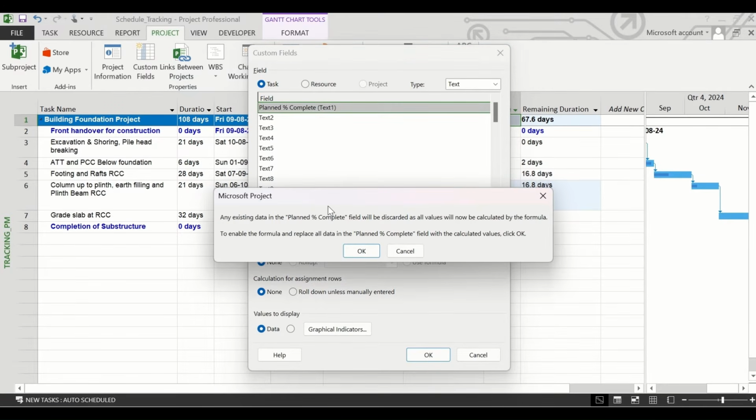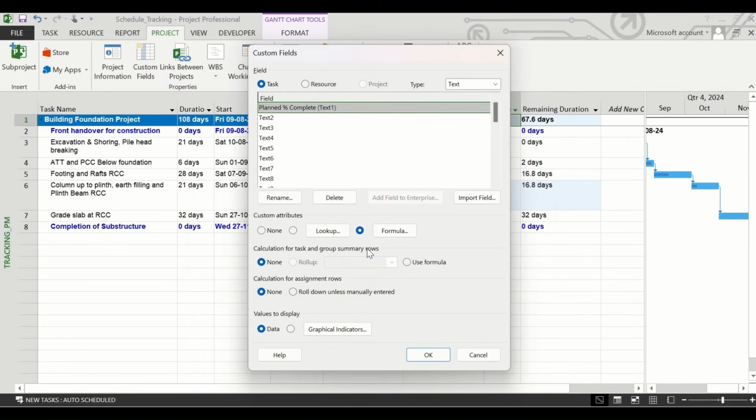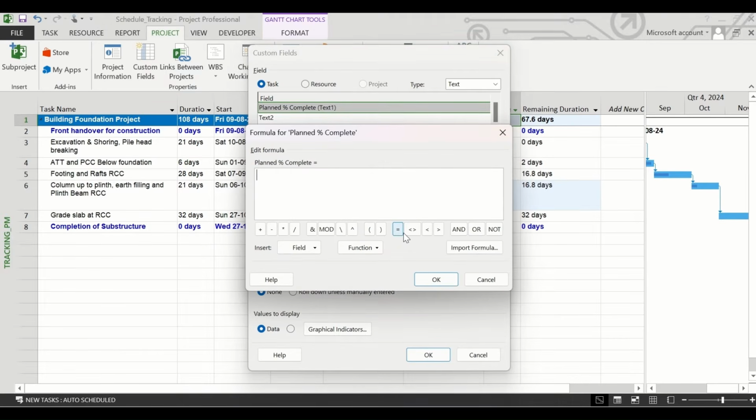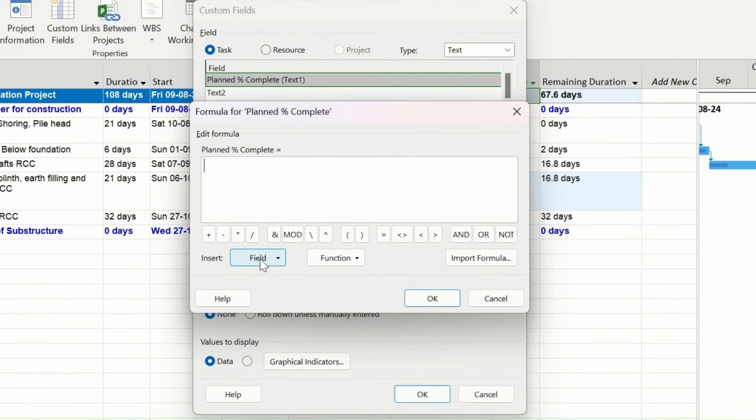MS Project will prompt you that any existing data in the planned percentage complete field will be discarded as all values will now be calculated by the formula. That's what we want, so we will click on OK and click on the formula button. Here we have to provide one if logic that is quite similar to the if logic in Excel. The difference is here the if spelling is double IF. So opening the bracket,